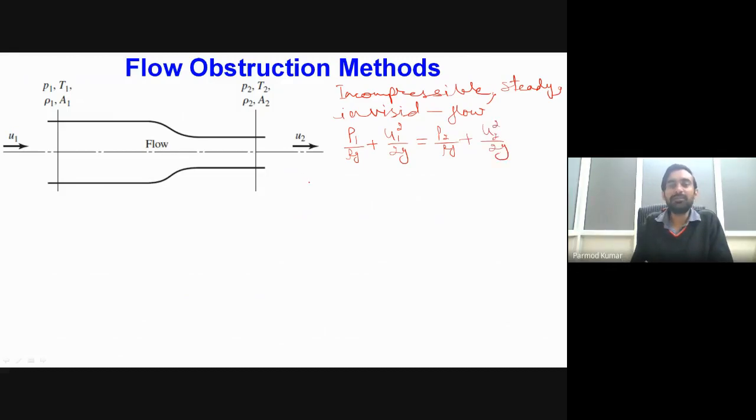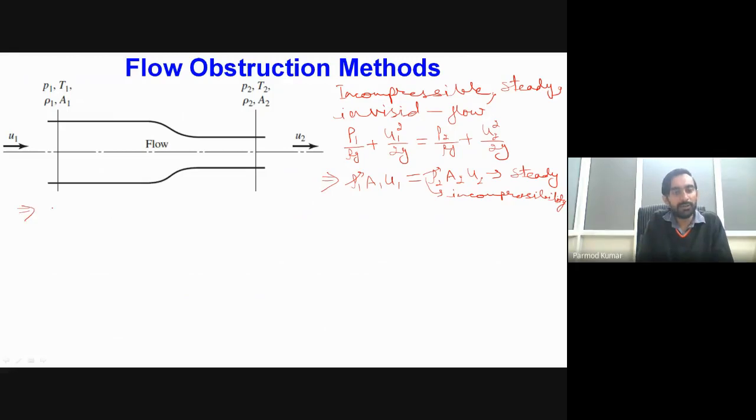Now we know from our continuity equation that rho1 A1 U1 is equal to rho2 A2 U2, particularly for a steady flow. If flow is steady, then this will be our continuity equation. We also have the condition of incompressibility, so rho will cancel. Rho is cancelling because of the condition of incompressibility. So finally we find that A1 U1 is equal to A2 U2.